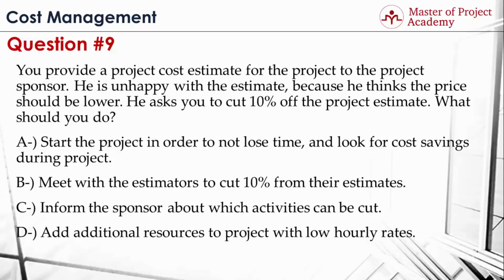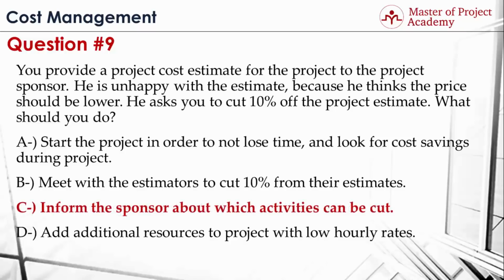Question 9. You provide a project cost estimate for the project to the project sponsor. He is unhappy with the estimate because he thinks the price should be lower. He asks you to cut 10% off the project estimate. What should you do? A. Start the project in order to not lose time and look for cost savings during the project. B. Meet with the estimators to cut 10% from their estimates. C. Inform the sponsor about which activities can be cut. And D. Add additional resources to the project with low hourly rates. Here the answer is